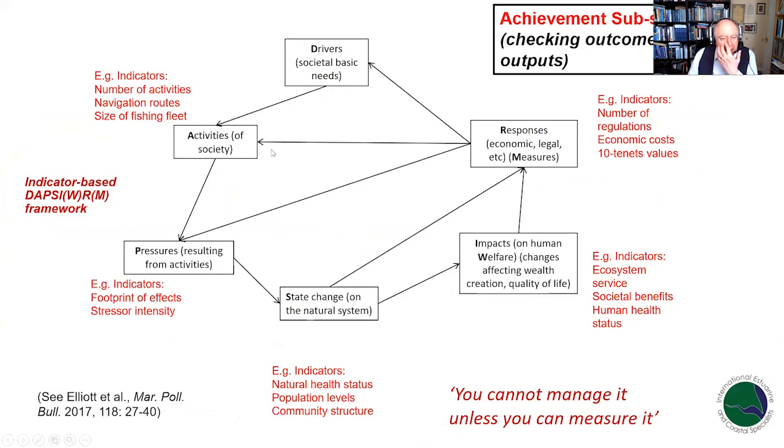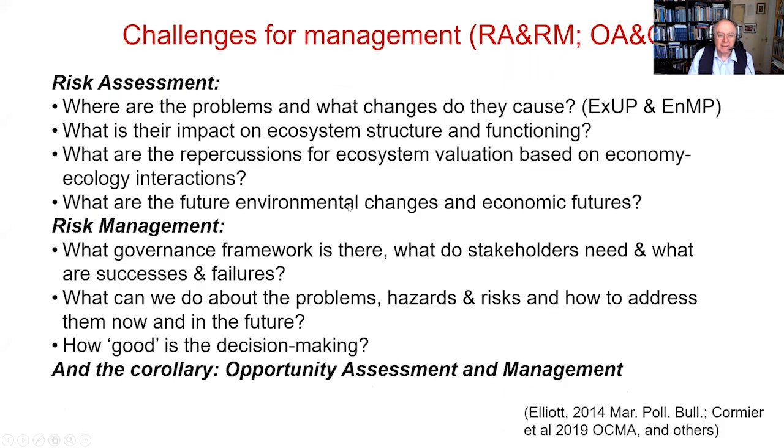Right. In order to manage these activities, the land, the coast, the sea, we need to, well, in business, I know whether you're running the environment or a supermarket, the adage is you can't manage unless you can measure it. So we've got lots of indicators of all these changes in the system. And we need the indicators either to tell us what management is needed or to tell us, does the management work? So as you see on here, there's lots of indicators there.